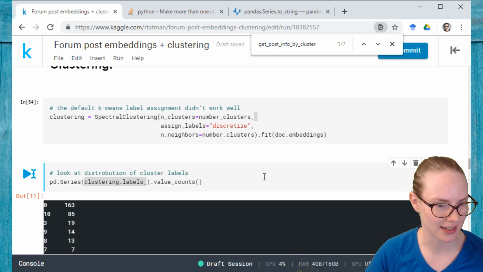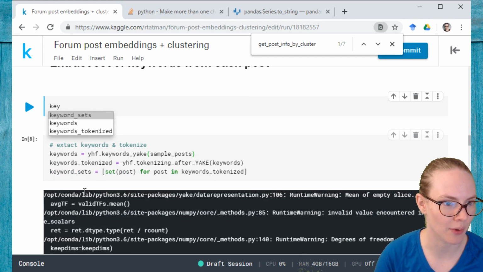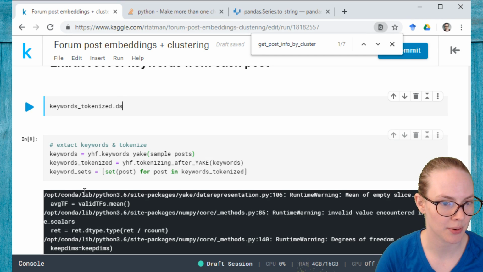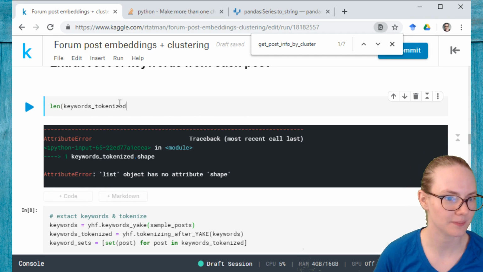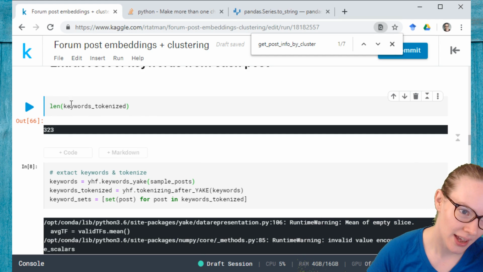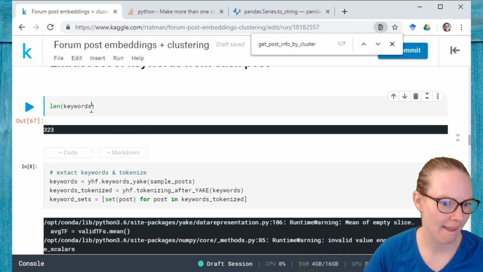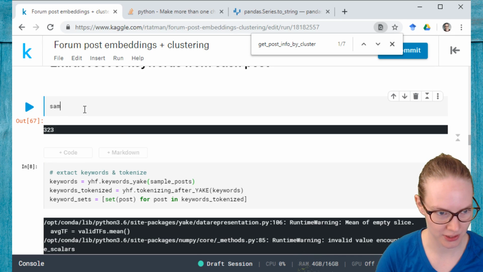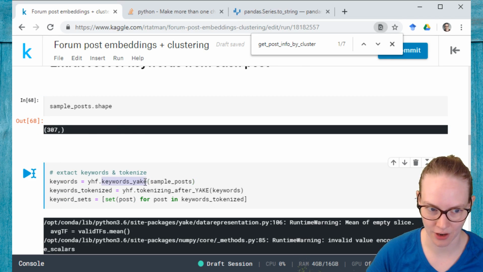Let's figure this out. For posts in keyword tokenized. All right. Let's look at how big that one is. Dot shape. Where am I introducing extra stuff? All right. That's right. It's a list. How long is the list? 323. Okay. How long is just keywords? 323. Okay. How big are sample posts? 307. Okay, so it is in getting the keywords that we are introducing extra